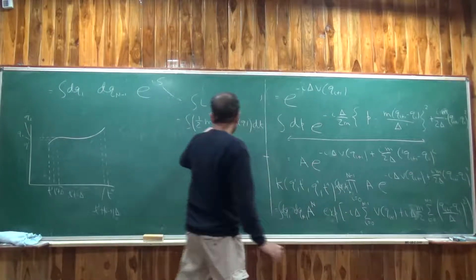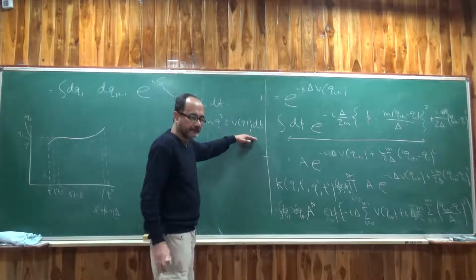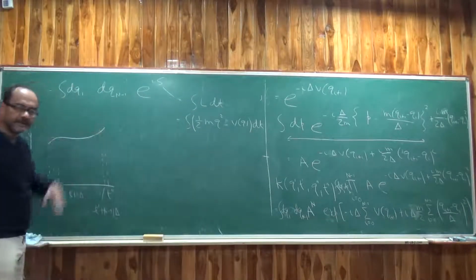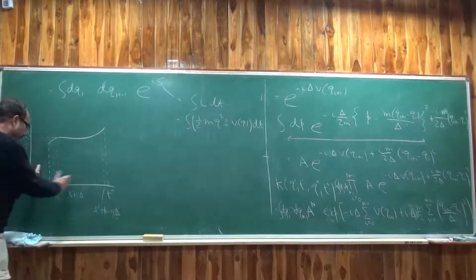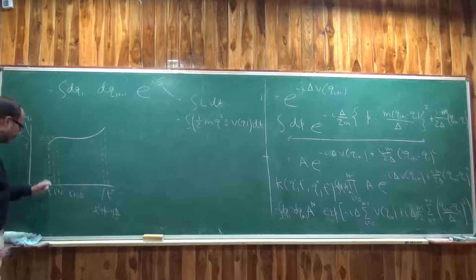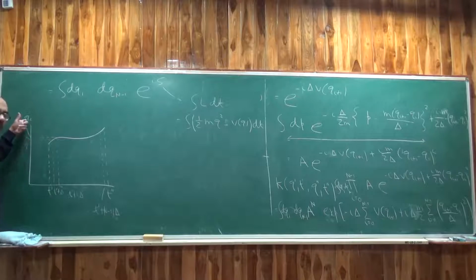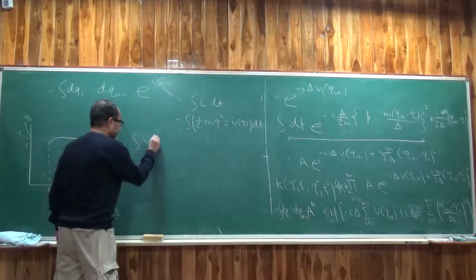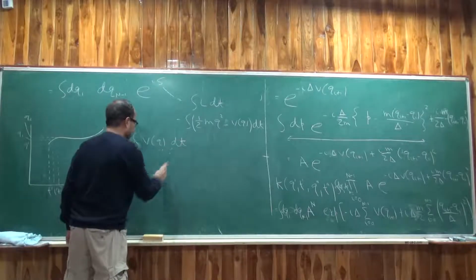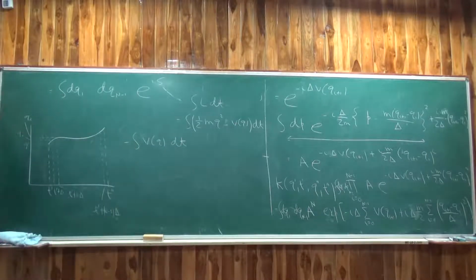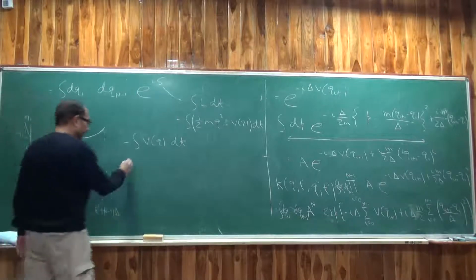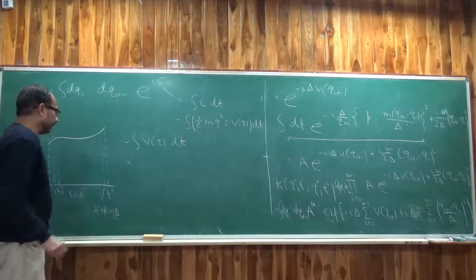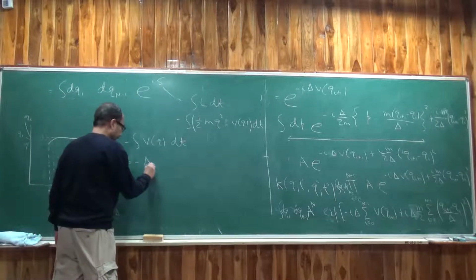But right now, let's see how we can represent the action. So take an arbitrary path like this. Divide this time interval into intervals of size delta. For every delta, whatever the value of q you have for that path, you call this q1, q2, etc. In that case, the integral of V of q dt, the minus sign, minus the integral of V of q dt, using the definition of the integral, I can write this as minus delta